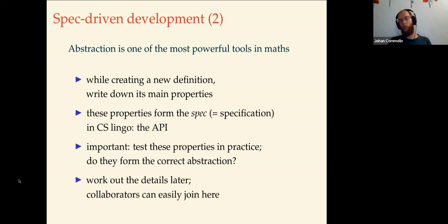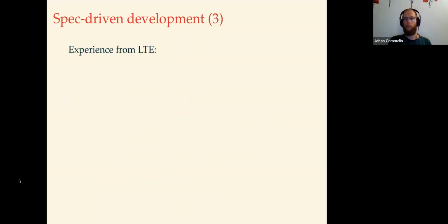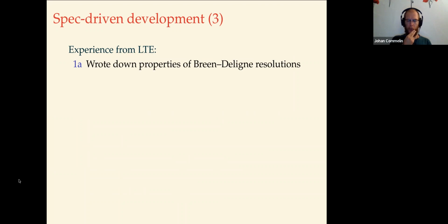So in particular, you can work out many details later, certainly if you're quasi-confident in the mathematical theory you're working in. And collaborators can also very easily join there. So how did it work out in practice in the Liquid Tensor Experiment? Well, at some point there is this very technical tool being used called a Breen-Deligne resolution. Breen-Deligne resolutions haven't been used that much in mathematics, but they've been around for a while. And to show the existence of a Breen-Deligne resolution